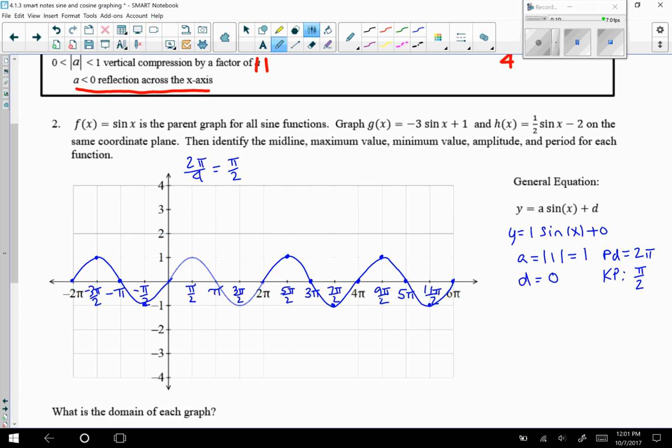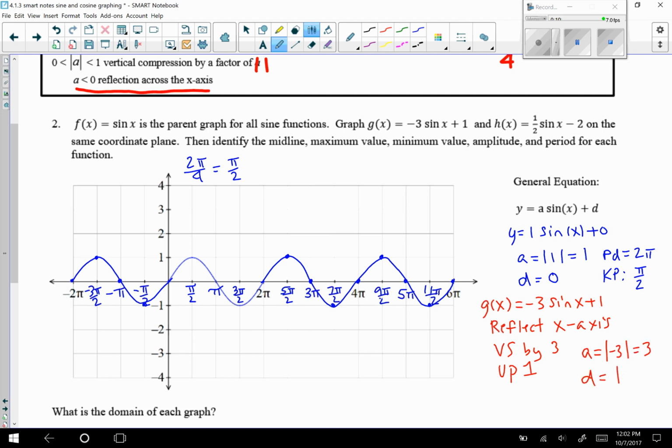so 4 different cycles. If we go ahead and start to graph our first function that we have, since we know our transformations, we can go ahead and use that to help us. So we have a reflection across the x-axis, a vertical stretch by 3, and up 1. And we know that this value in front is our a value, so we can say that the amplitude is the absolute value of -3, which is 3, and I know my midline is going to be moved up to